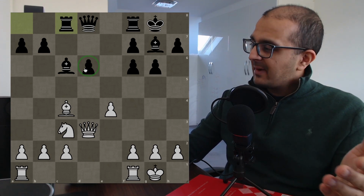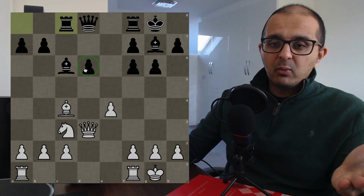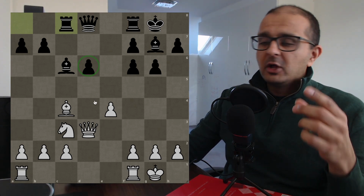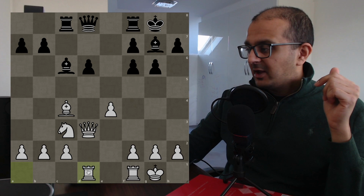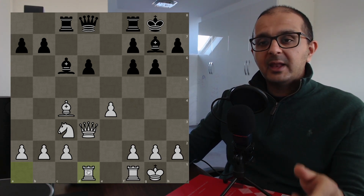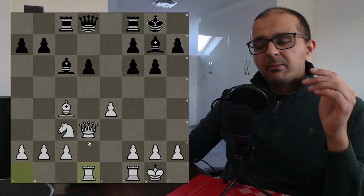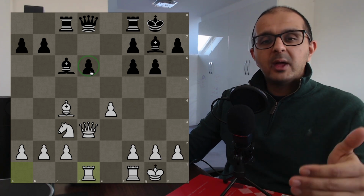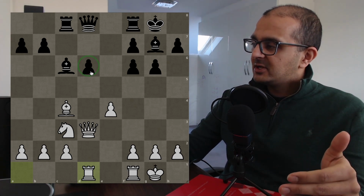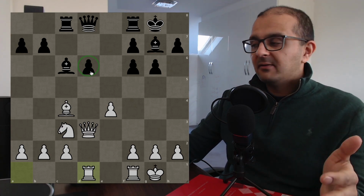And so Anish thought for about 2 minutes and came up with the top engine move, and you've got to come up with one of these moves. And so don't act like you're not going to play rook a1 to d1, okay? Because that is exactly the move I came up with, and you're going to play that move as well. And if you come up with something else, I'm going to report you for cheating, okay? And so the problem with playing rook a1 to d1, which is completely natural, you're thinking, how on earth is black going to defend this pawn on d6, is that black actually does have a defense, which is the